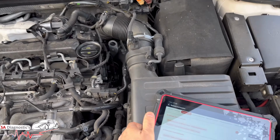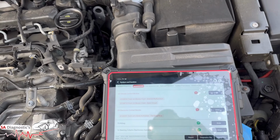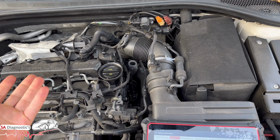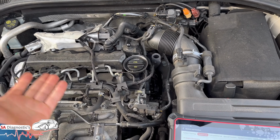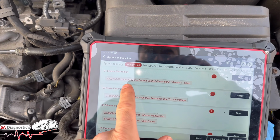In this video I'm going to go through this Audi A3. It's a 2-litre diesel, and what we have on the dashboard is the engine management light on. Obviously it's not lost power, the power's still there, so lucky. Sometimes you lose power, sometimes you don't, but most likely you'll still have power. And then you've got this here,